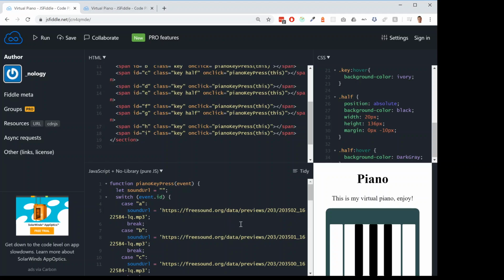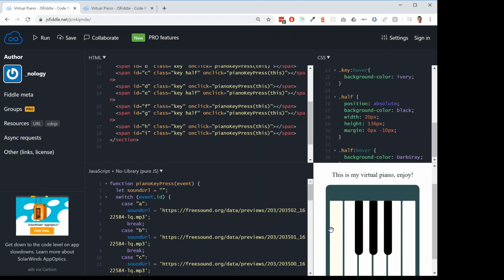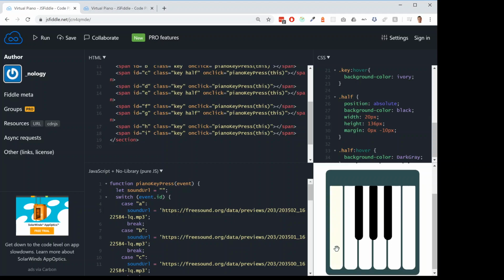In this video we are going to add an event listener to our code to listen out for keyboard presses on our laptop to play sounds on our piano. At the moment we can only play sounds by actually pressing the HTML elements to play them. I'd like to actually be able to hit the A, B, C, D keys on my keyboard to be able